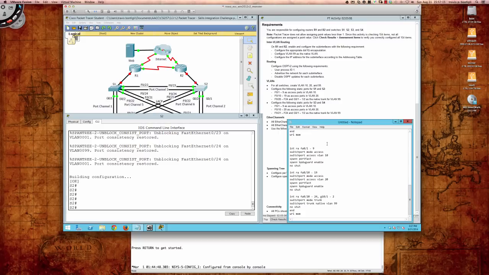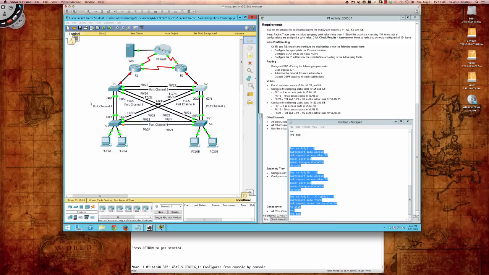So let's take a look. For switch 3 and 4, we're going to do the same port ranges. Those port ranges are in the same VLANs, 10 and 20, and then the trunking interfaces are actually 21, according to the instructions there, 21 to 24, and Gig 0/1 and Gig 0/2. All right, so let's go ahead and see if we can copy all of this and come over to switch